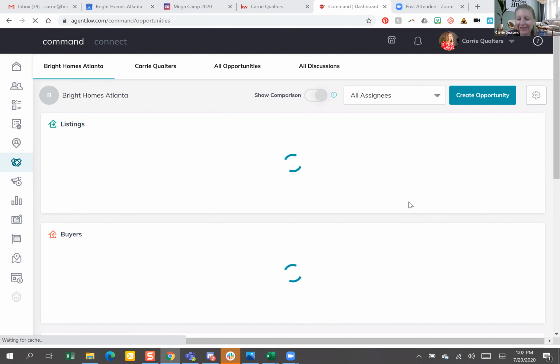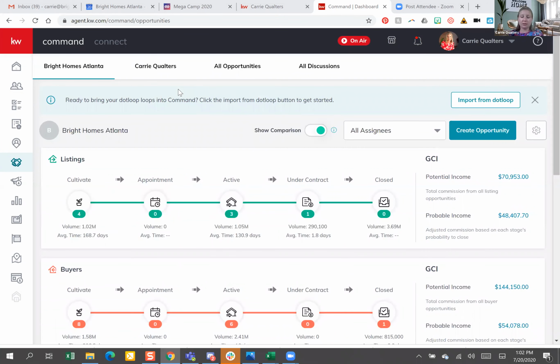Rhiannon. Okay, today we're going to talk about how to turn your contracts in using all Command. So skipping the green sheet and using the commissions tab within opportunities. As a little bit of a review, I'm going to start by creating an opportunity with a new client, pretend that we've just gone under contract on something, and walk it through from there to turning it into the office. Sound good? Mm-hmm. So once you've logged into Command, you're going to go to the opportunities tab, which is